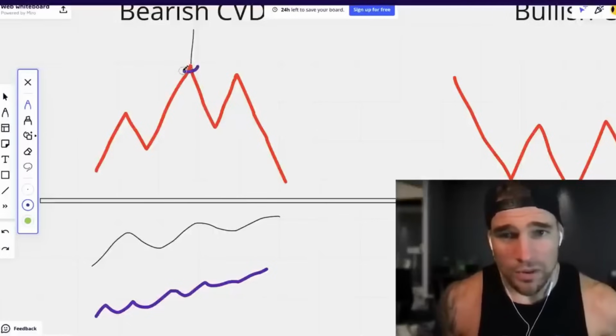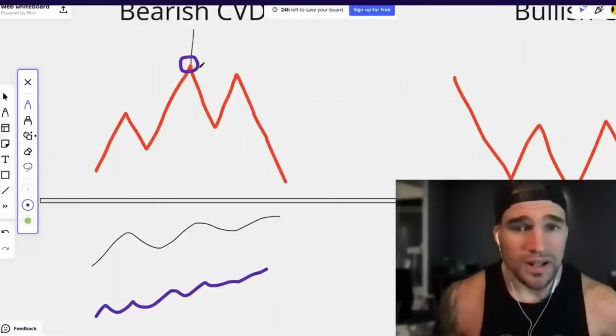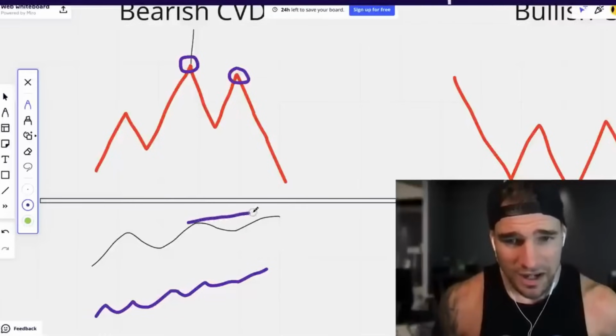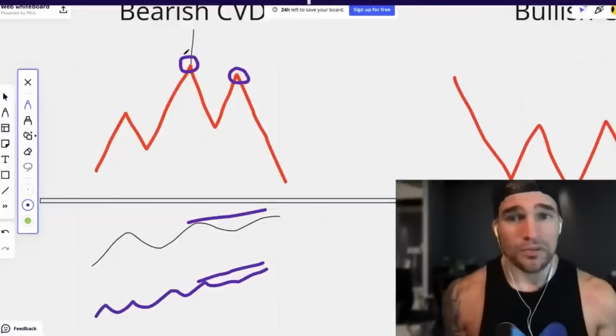and because there's more buyers than sellers, the price is getting higher. Now notice this, we put in a top. Once we put in the top, we put in a low, and then we put in a lower high. Now look at what CVD and open interest is doing. The CVD is continuing to get higher and the open interest is also getting higher,